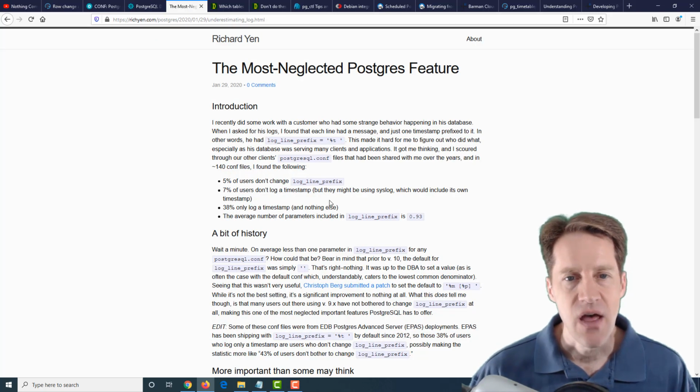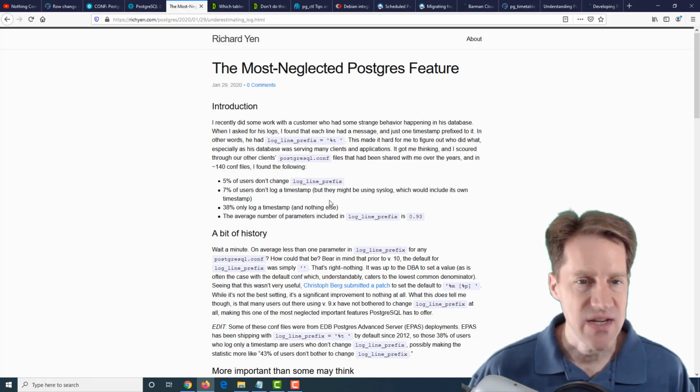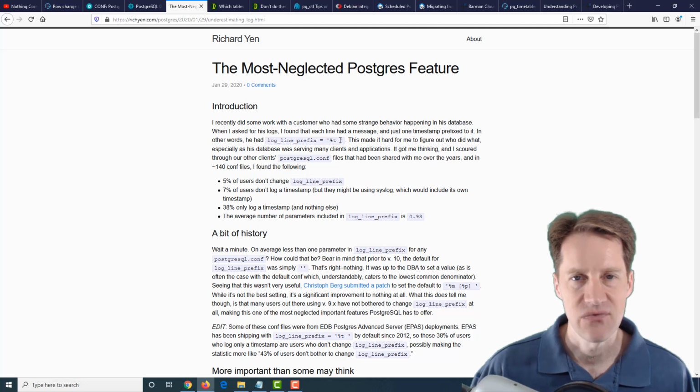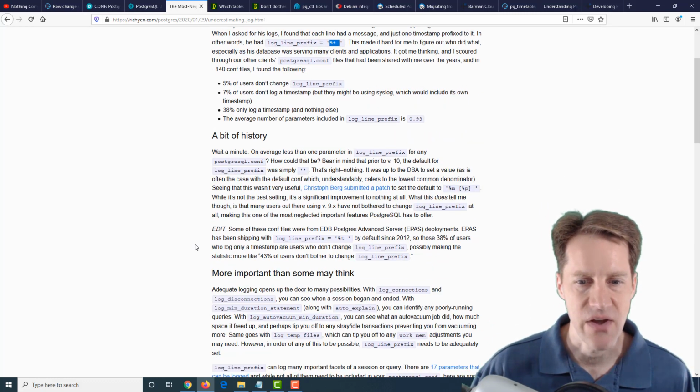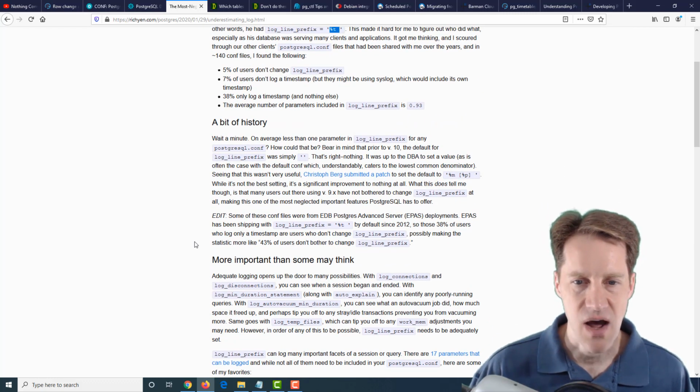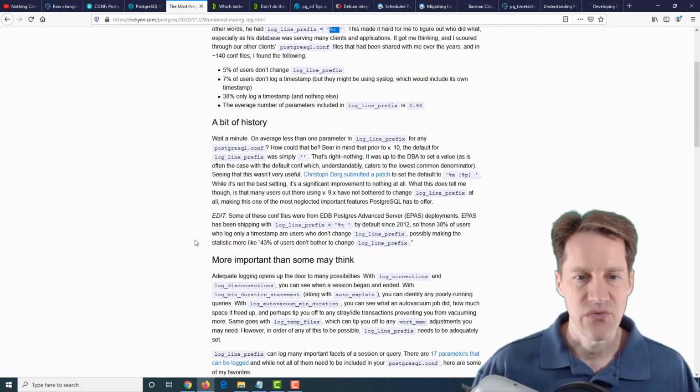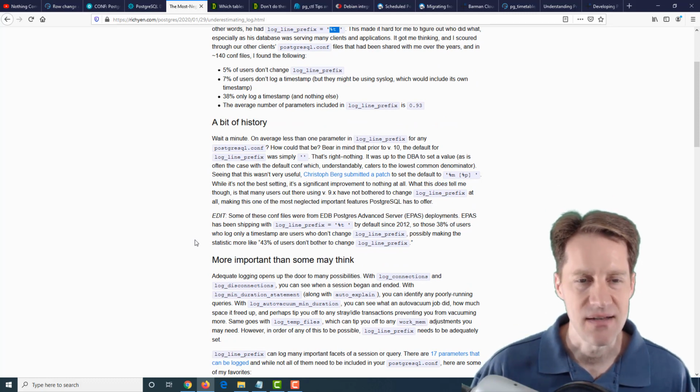The next post is the most neglected Postgres feature. And this is from Richard Yen at richyen.com. And basically he's talking about a logline prefix. And so many times he's seen an empty logline prefix for older installations of Postgres, or they just have a simple timestamp or something similar that is not that descriptive. Now, more recent versions have a more comprehensive one, but if you've upgraded and haven't updated it,